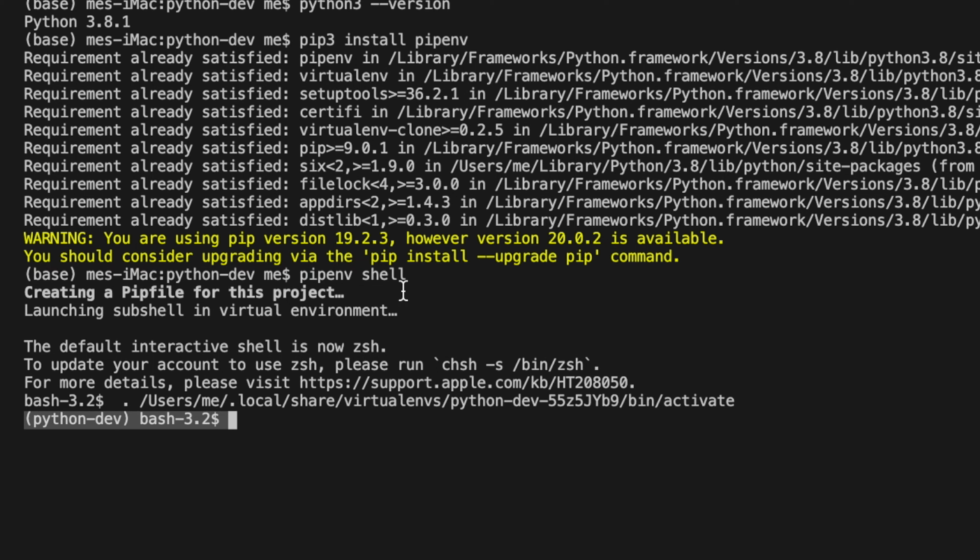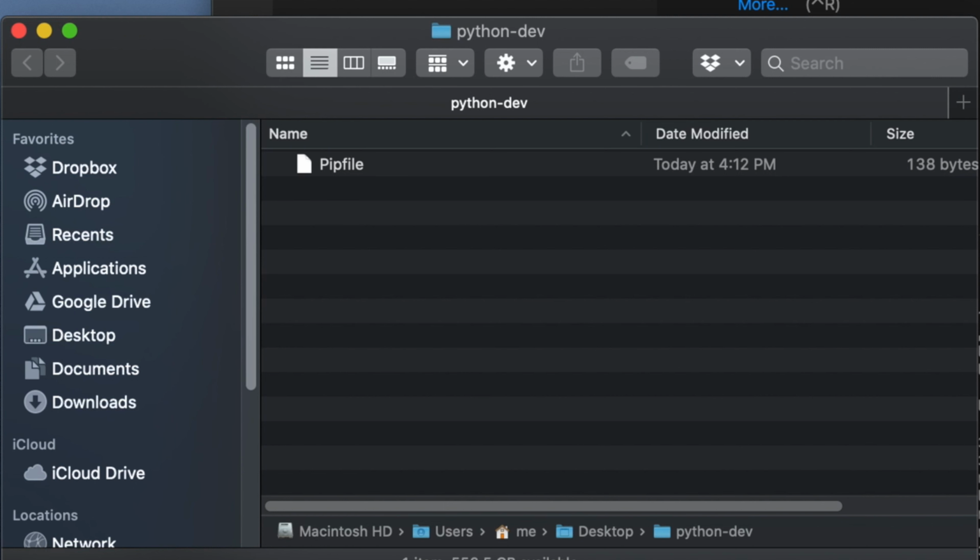Okay, but previously it was like this one, right? So there is a change. Okay, that means we are here, and once you are here, then we have to type the command pipenv instead of pip3. Okay, and if you open the Python dev folder, you will see there is a file it created,